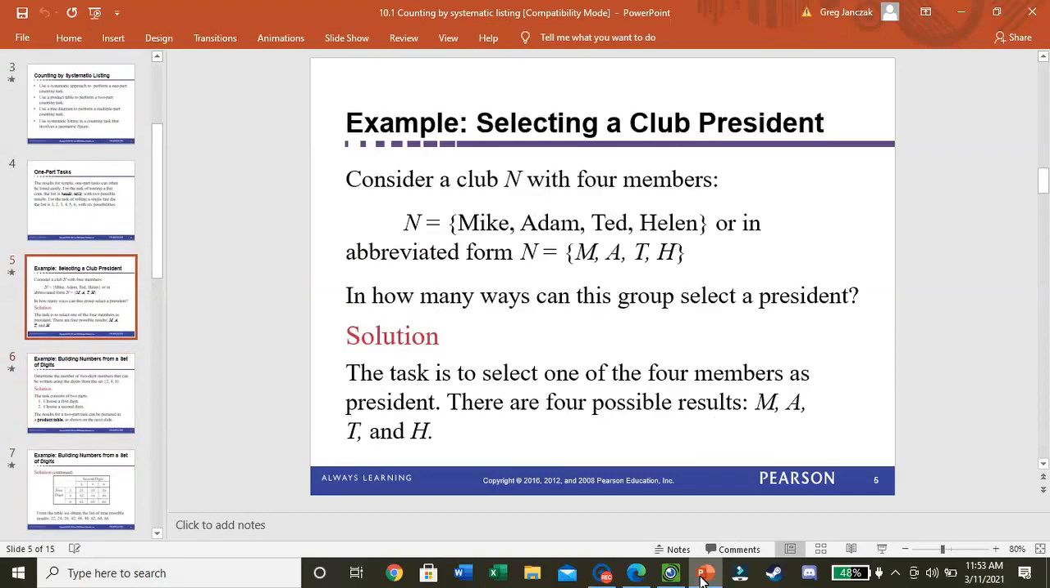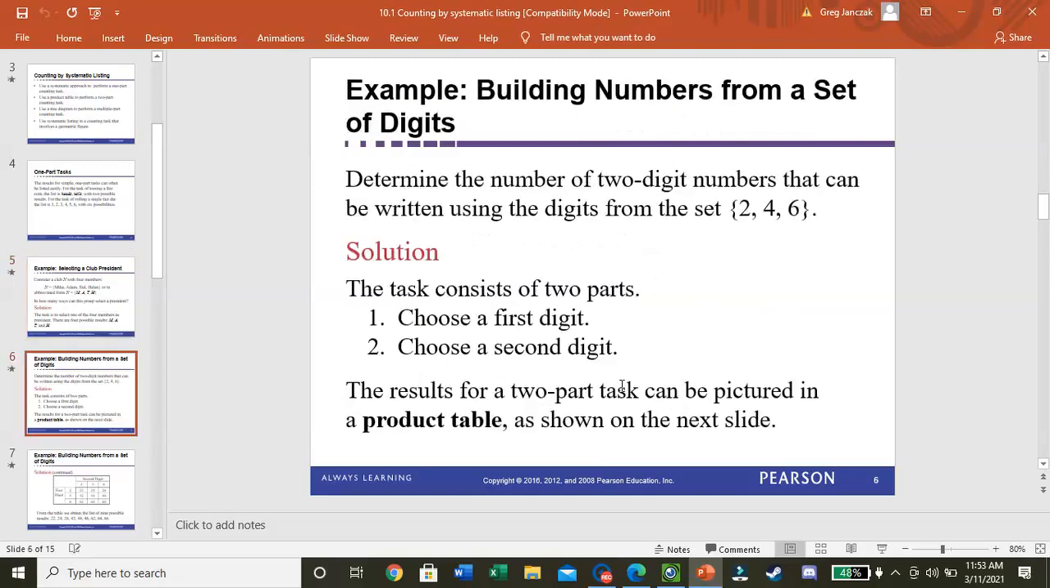Okay, so, and so that would also be known as our sample space, right? Mike, Adam, Ted, and Helen is our sample space. There's 4 different ways. Okay, now if you've got